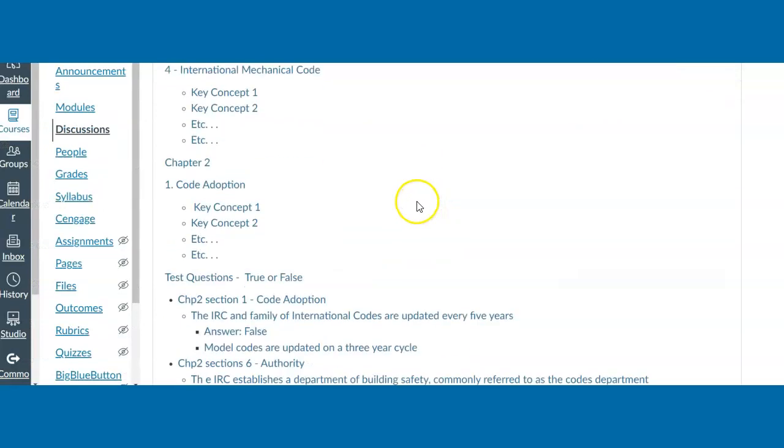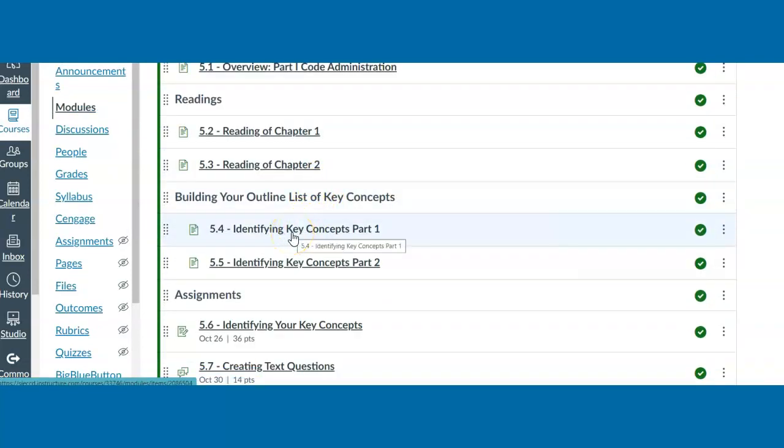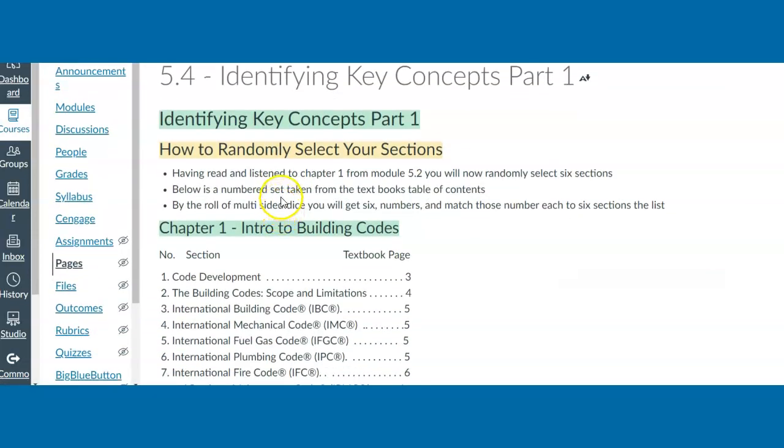I'm not sure how I lost the page. I'm going to go back to the modules and then key concepts pipe 5.4. Okay, so in 5.4,